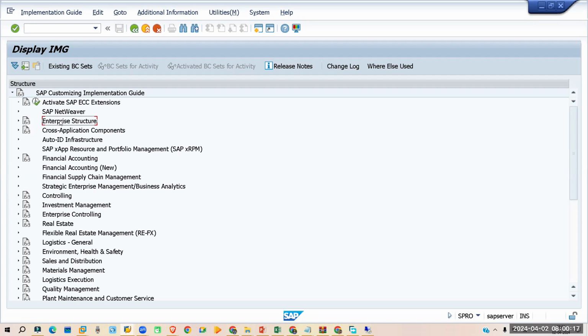So you can come here, enterprise structure. Same thing for your ECC version. This is the ECC version we are looking into. Same for the S4 HANA version. Maybe a couple of nodes will be added to the system. These are the nodes: NetWeaver is a node, enterprise structure is a node, cross application components is a node. Some nodes might have been added, but it will be under the enterprise structure. So if we expand this one,